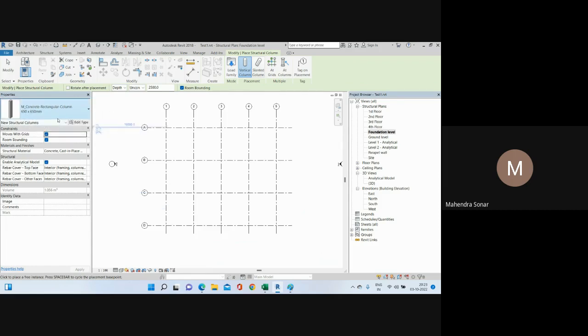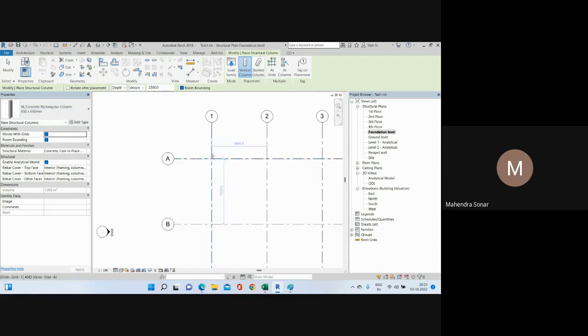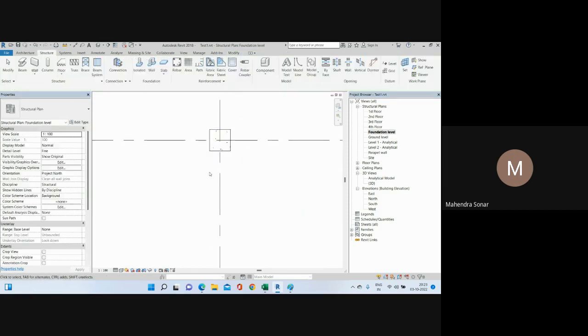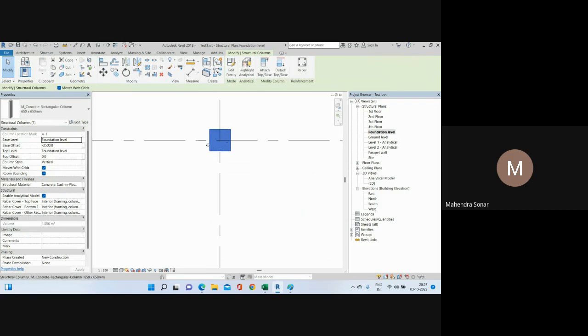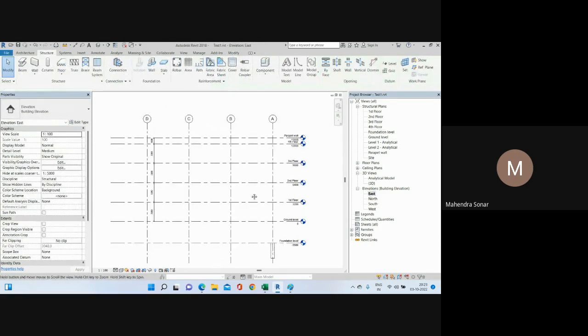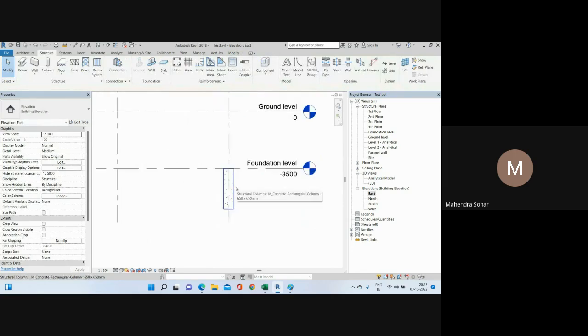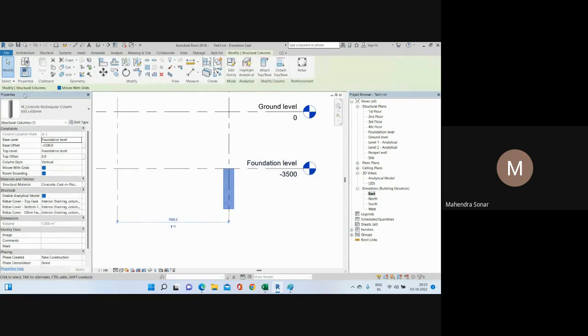So once you create it and move your cursor to this location, I want to add the column here, at A and 1 grid. So just select, right, and escape. So you can see we have added the column here. You can check in elevation. So you can see we have added the column here, but if I select it and go to the properties